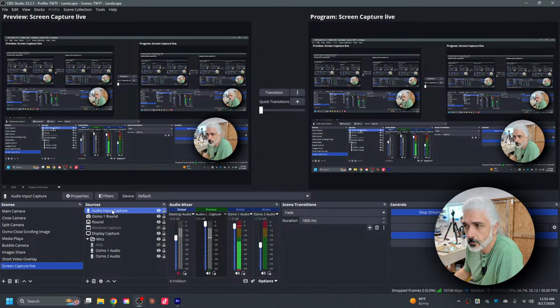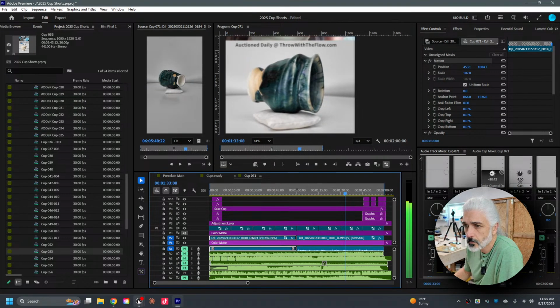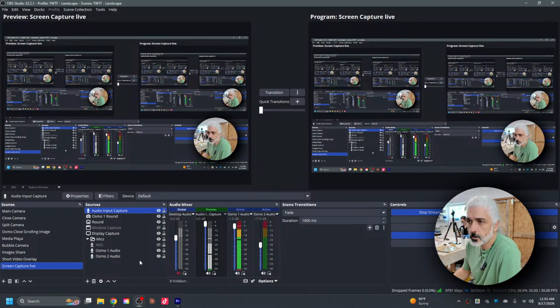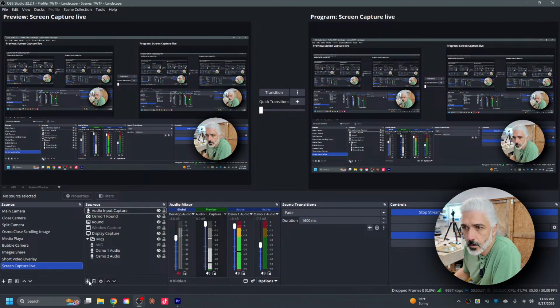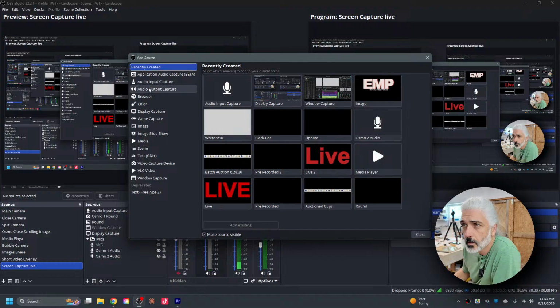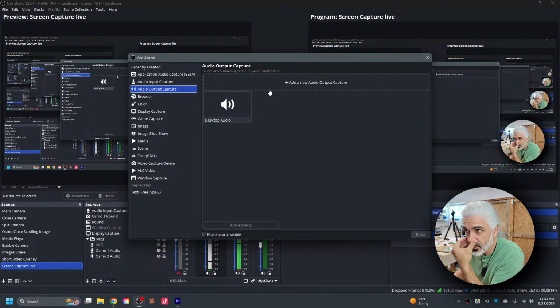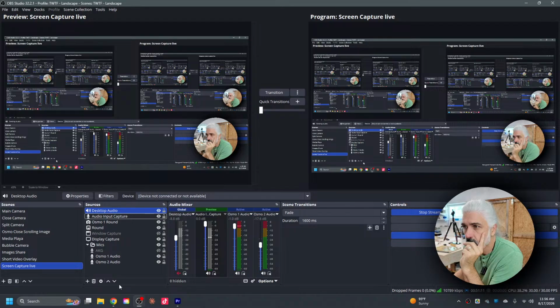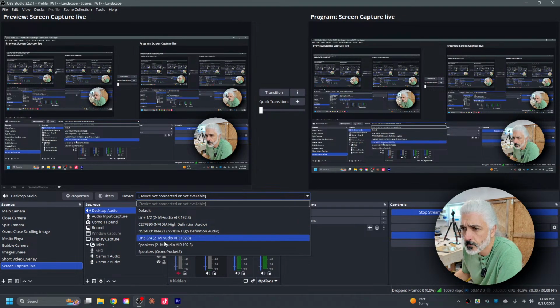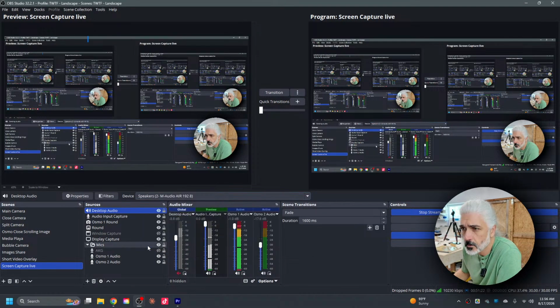Everything's still good. All right, that's going to keep playing. So at least we know the audio is coming out. Audio output. Let's try desktop. Let's try speakers.